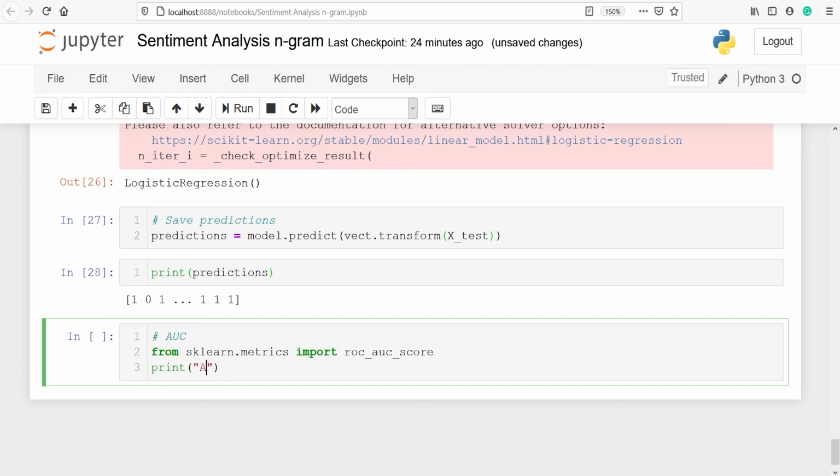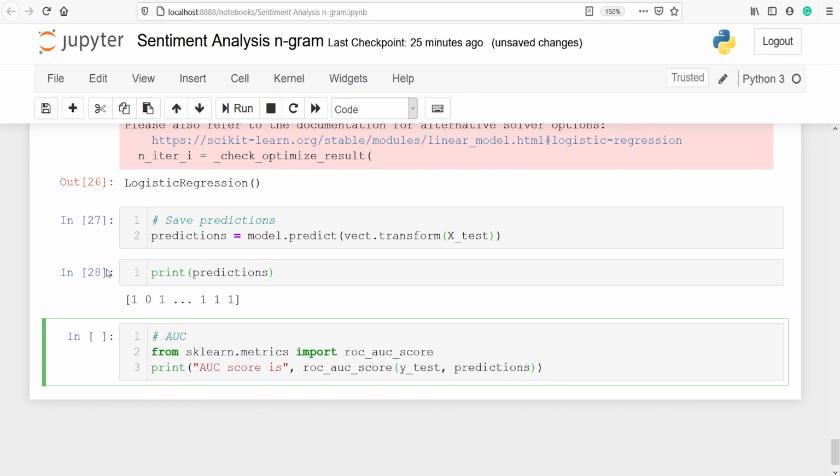Print AUC score is, and then roc_auc_score. Inside this we will pass our actual and predicted values. So we will pass ytest. In this we have actual values, and our predicted values are stored in predictions. Let's pass predictions here.